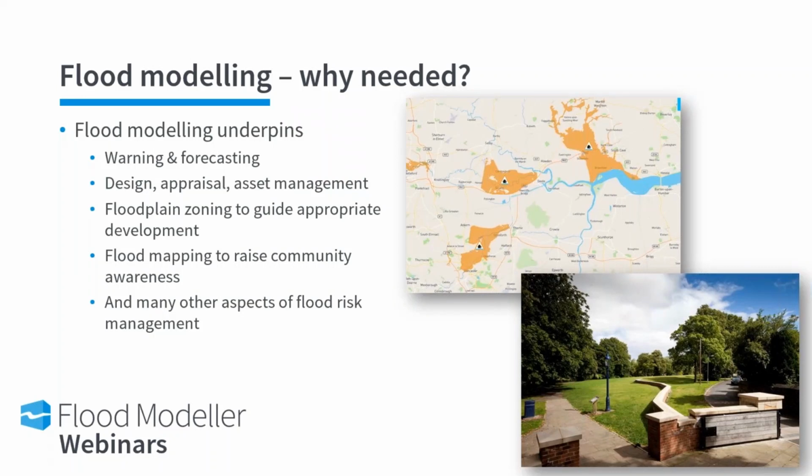And then once something is in place, it helps also in the asset management process to help understand what would be the consequences if a particular asset, a flood defence, a flood embankment failed, to then prioritise inspection and other forms of maintenance to make sure we're spending the money on maintenance in the areas that give us the best benefit. It's also used for zoning the floodplain to help guide development,